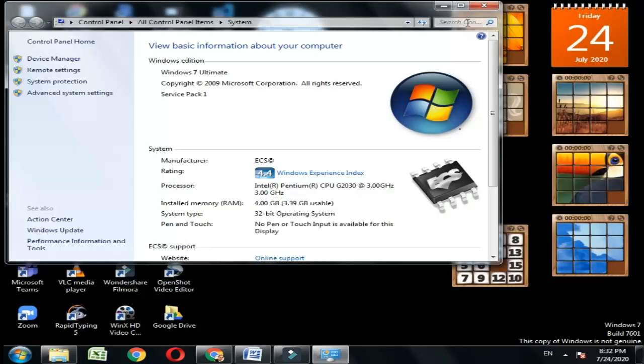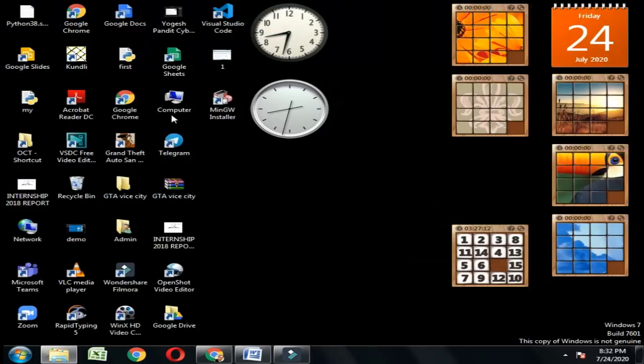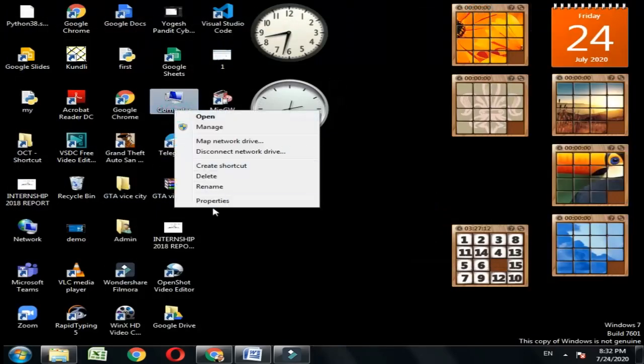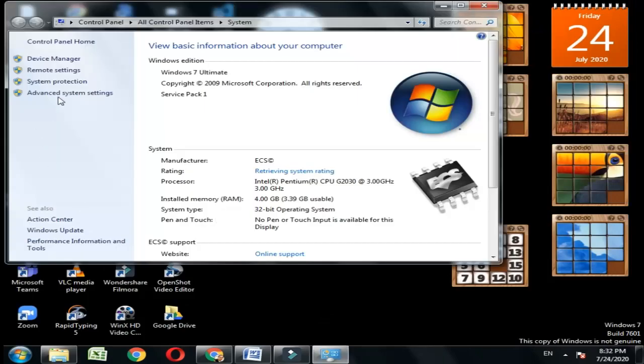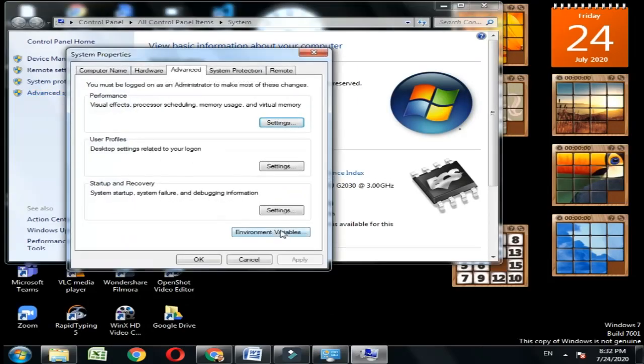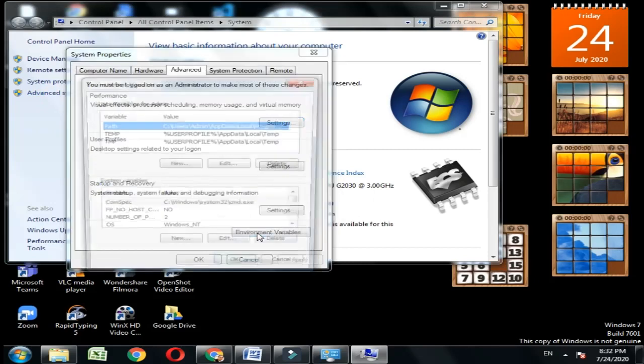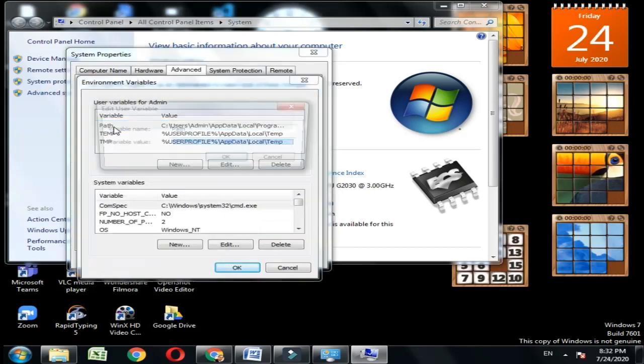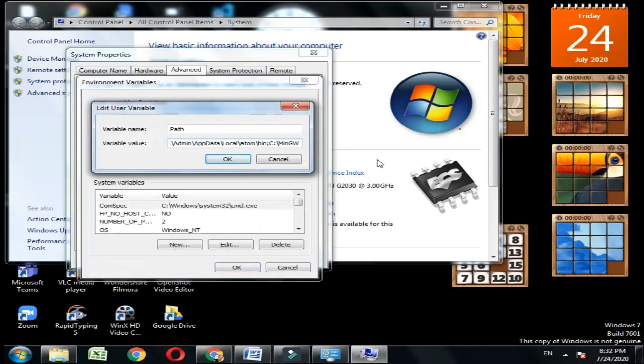Minimize it, go to the computer, right click, then Properties, Advanced settings, then click on Environment Variables, click on Path. You can see the path here. Just type a semicolon and paste the entire path which we have copied from that place.